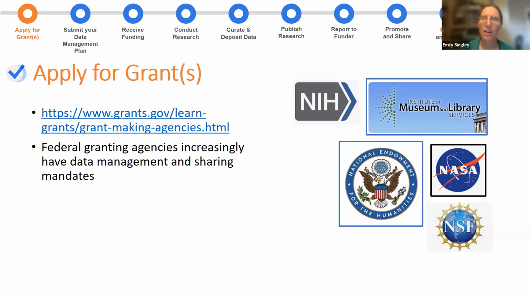And I think it's important that folks working at universities where researchers are applying for these grants understand that your humanities researchers and even your librarians, right, your IMLS grants, those are all federal agencies. I think humanities folks sometimes aren't thinking about this as much as the scientists who are already used to the NIH policy that's been out for a year. So that's coming. So you apply for your grant, that's step one.